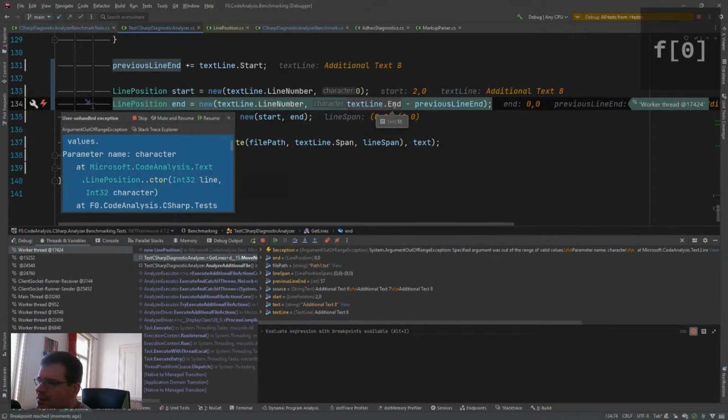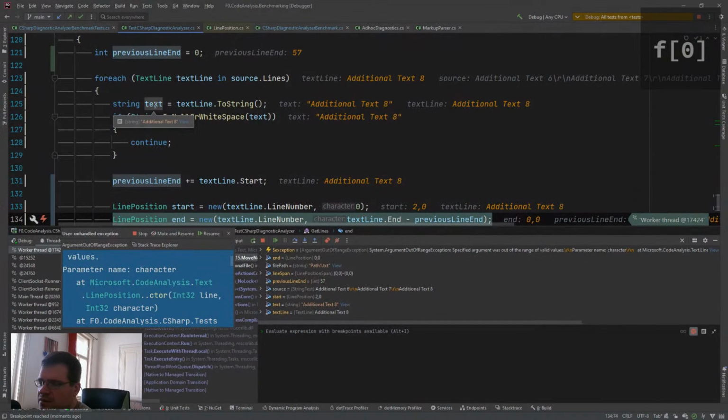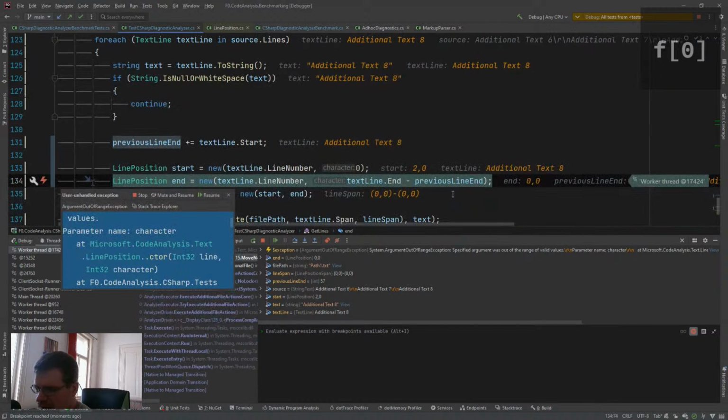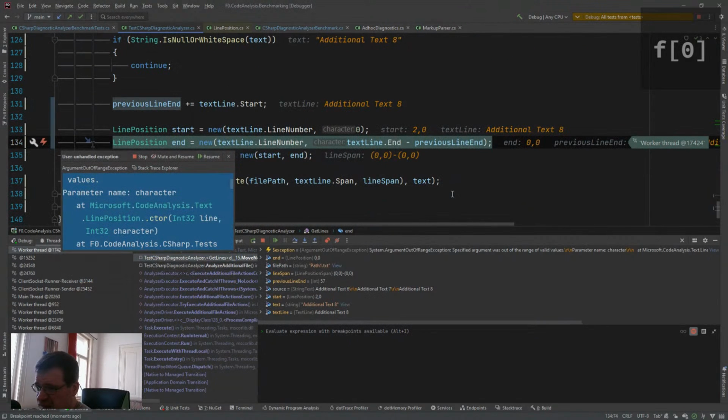Because the end, there is no new line break at the end. So if it's the last line, the start is